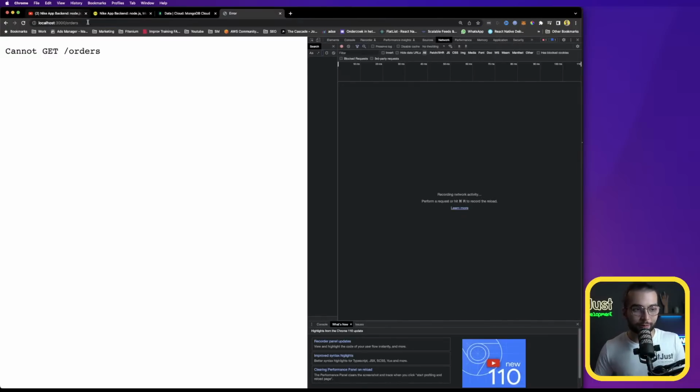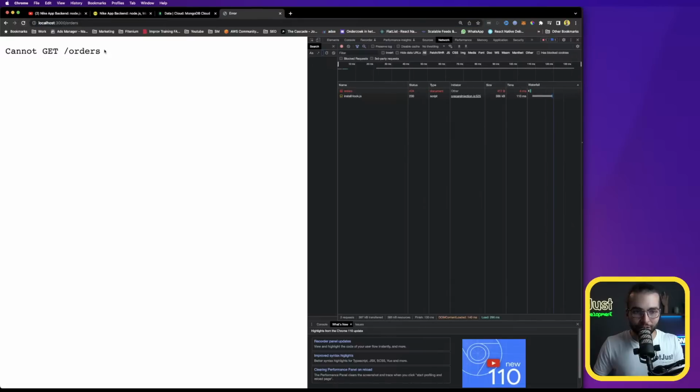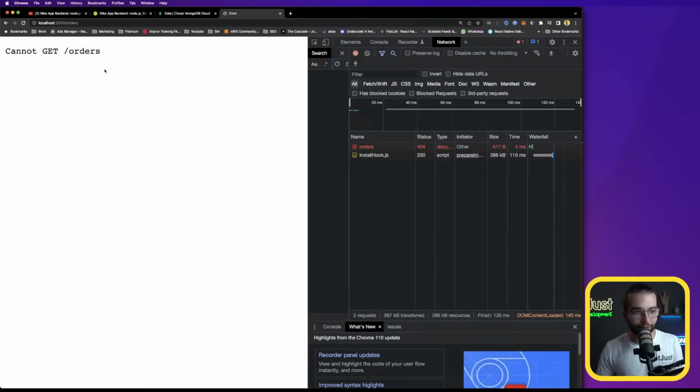So from the browser, by accessing a URL, we cannot send post operations. That should happen, for example, when you submit a form or in a different way that I'm going to show you in a moment. If I open the network tab and refresh the orders,